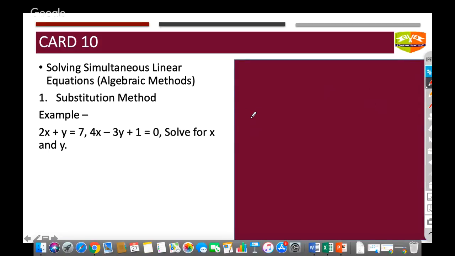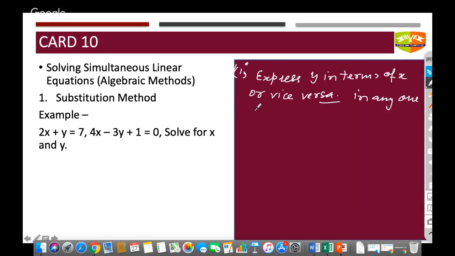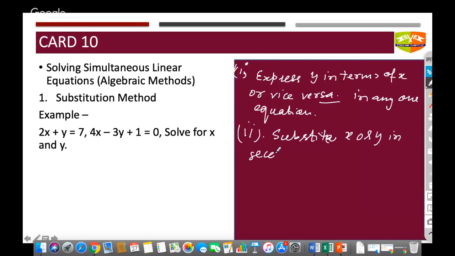Now I've taken the substitution method of solving questions. I'll explain you the method, and then I'll solve this question. The method is like this: take any one equation, and express y in terms of x, or vice versa, x in terms of y, in any one equation. Then I need to substitute this value of x or y in the second equation,